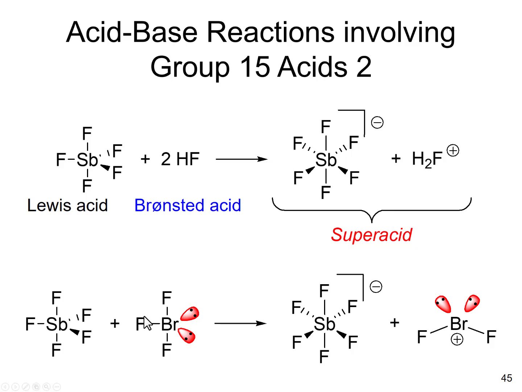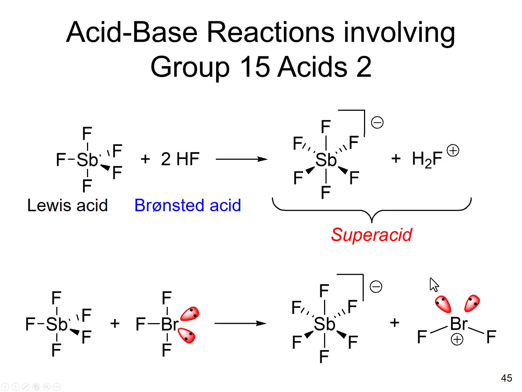Here we have another example containing a very similar Lewis acid-base adduct. Again, we have your pentafluoro antimony species, which receives a fluoride as a Lewis base to form the hexafluorido species. Now, in this particular case, this BrF3 loses a fluoride, and of course, it loses a negative charge, and what remains is a